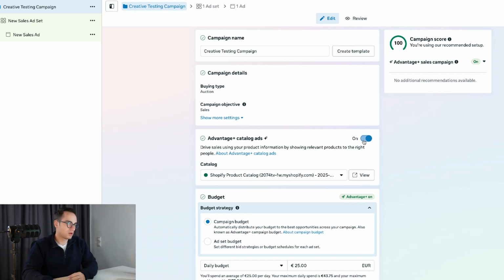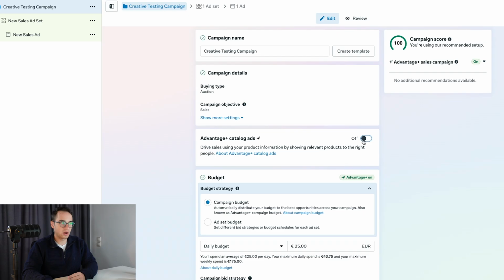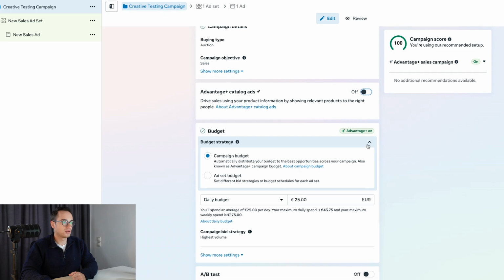Now, then we don't want catalog ads. Again, this is only for dynamic product catalog campaigns or prospecting campaigns as well. So I'll probably leave it off for this specific occasion. And then you will see Advantage Plus on. Now I like to have my creative testing campaign